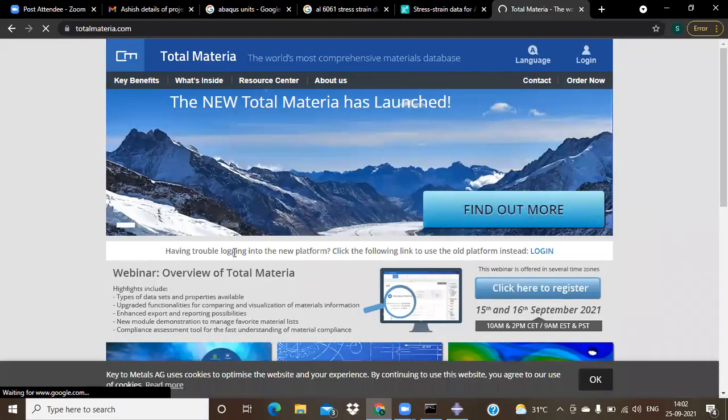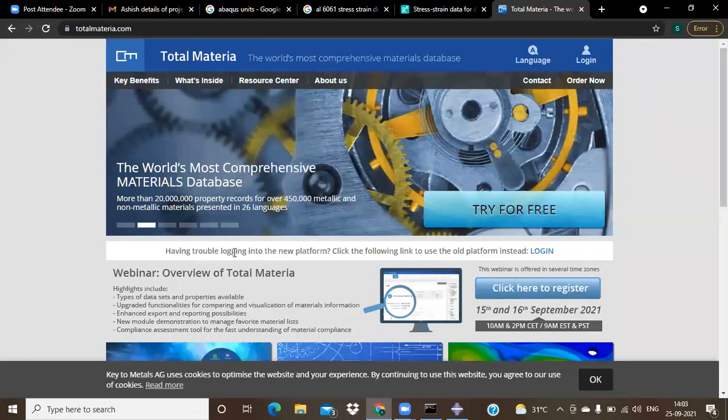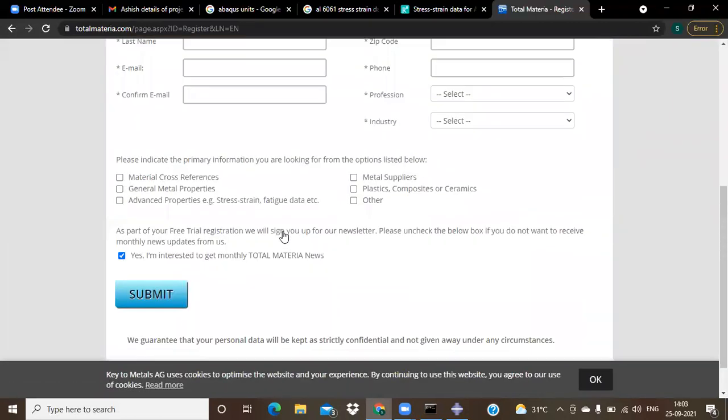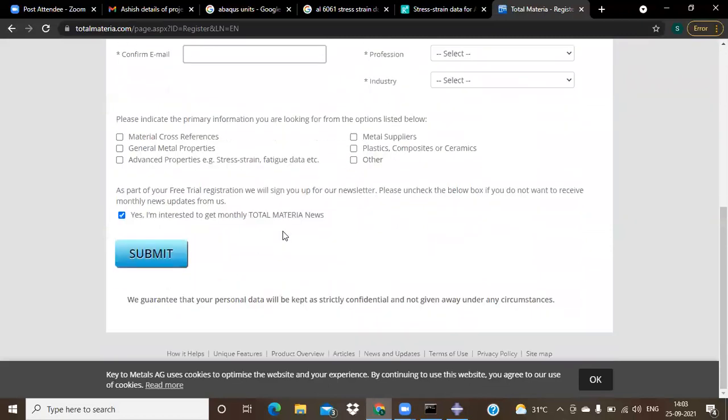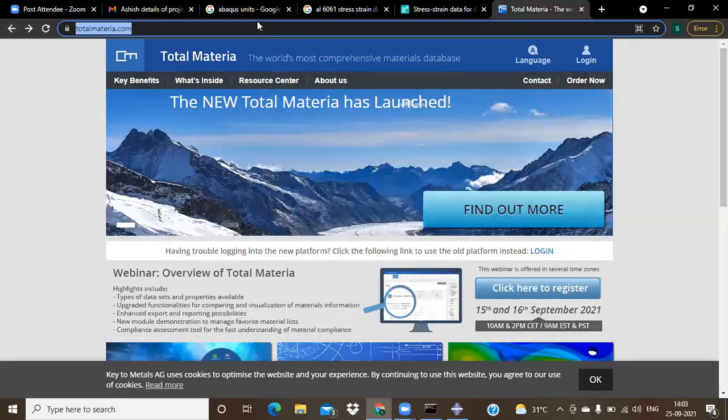Okay, this gives you the best materials already available with complete information, but you can log in with one Gmail account only 5 times. As of now, my account got expired and I need to create a new one. You can click on try new and feed in all your information, or even use your college email ID to create it. There would be some limitations, but you can see all these things. So let me go on this and I will share this information with you.